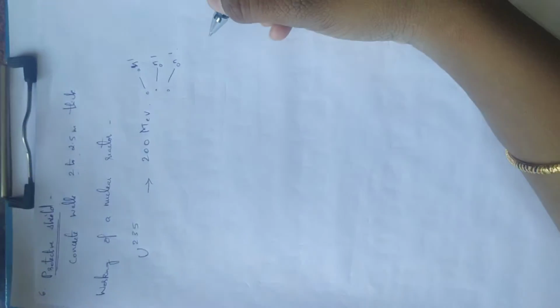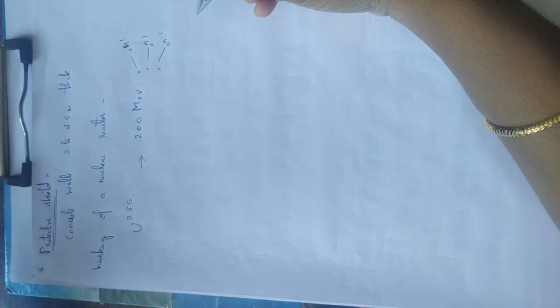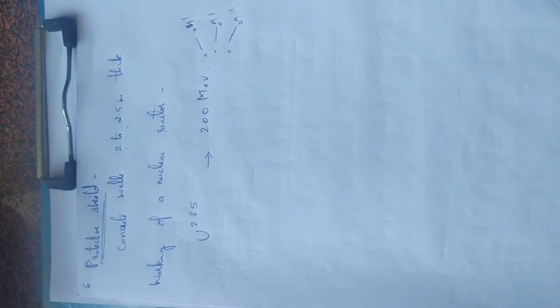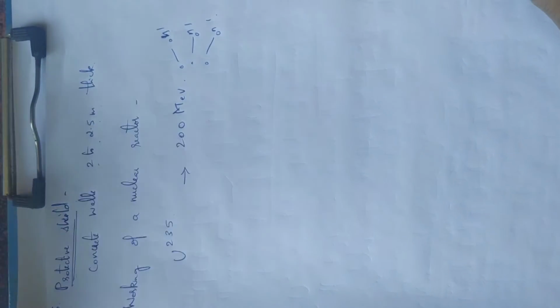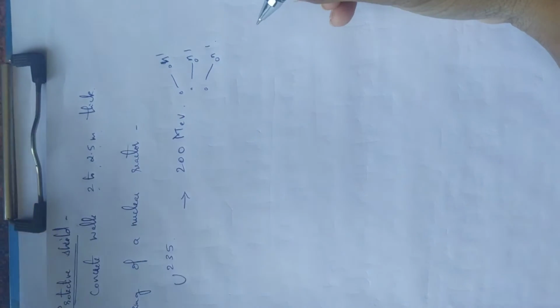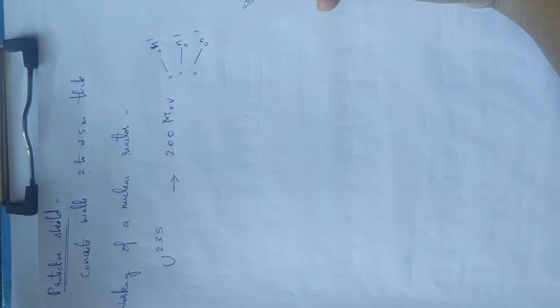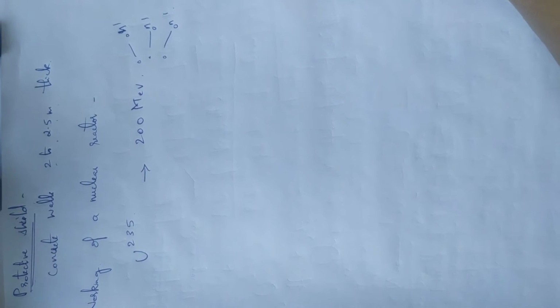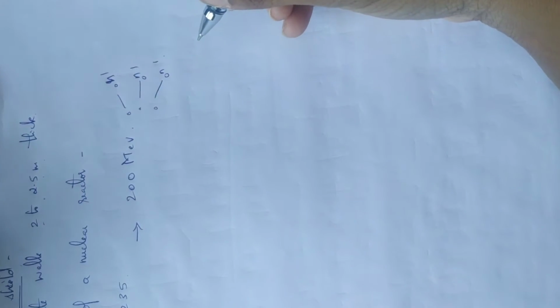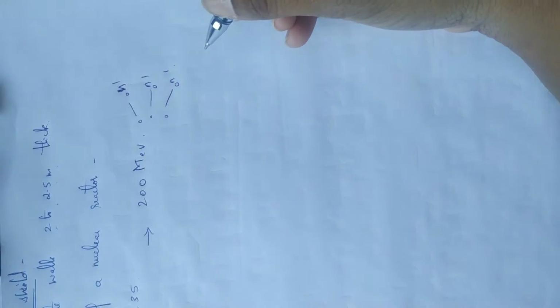They are of desirable length. When we want to stop the process, we have to keep the rods in the desirable length. When we want to step up the reaction, we have to withdraw a little of the cadmium rods. Then the reaction takes place. The reactors are provided with safety rods, that is, the control rods. This brings out a controlled nuclear reaction, and thus the energy produced can be used for a constructive purpose.